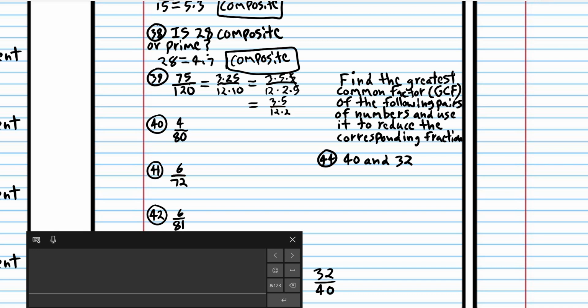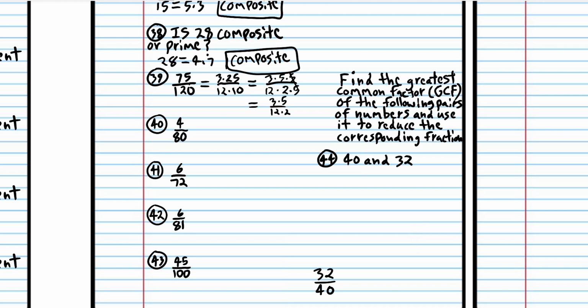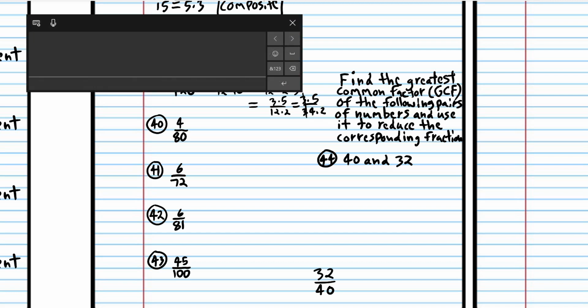If we factor 12, let's see, we have 3 times 5, and then 12 is 3 times 4. So now we can cancel out 3. And so now we're left with 5 over 4 times 2. We can just combine 4 times 2 to 8. And we're left with